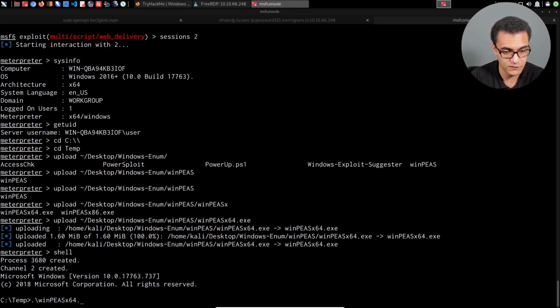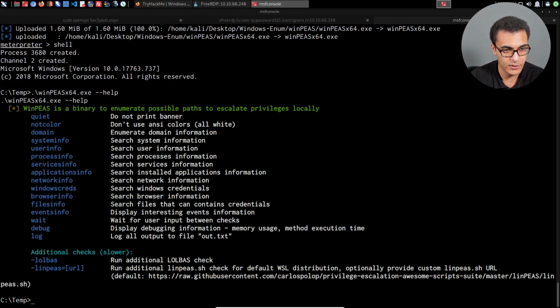So winPEAS x64.exe. However, before you do that, you can open up the help menu right over here. Now, this is very important because if you run winPEAS by default, without any arguments or any other options, it's going to go through all of the enumeration, right? So it's going to enumerate all of this information right over here. So it's going to enumerate the domain information if it's part of a domain, system information, user information, process, service, etc., etc. So if you're specifically looking for a specific set of information like the user information, I can specify that. So I can say winPEAS